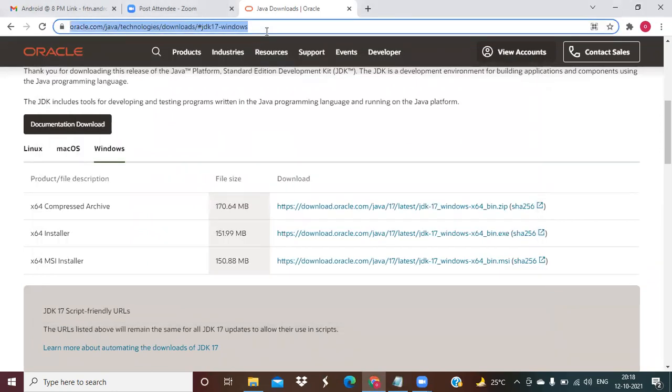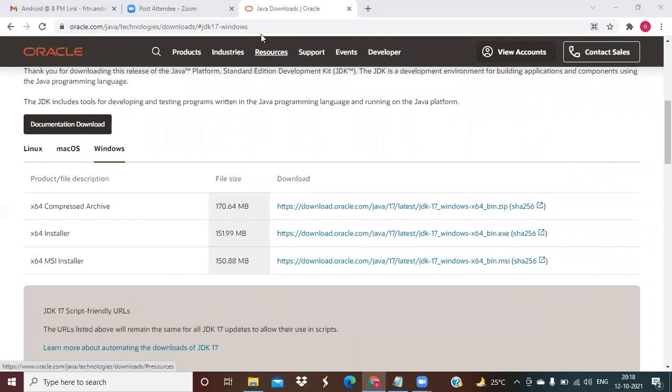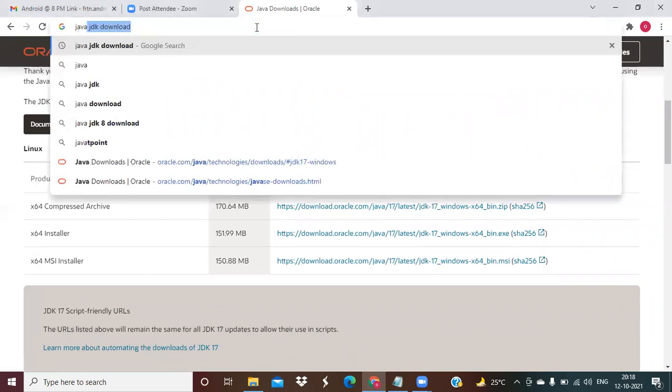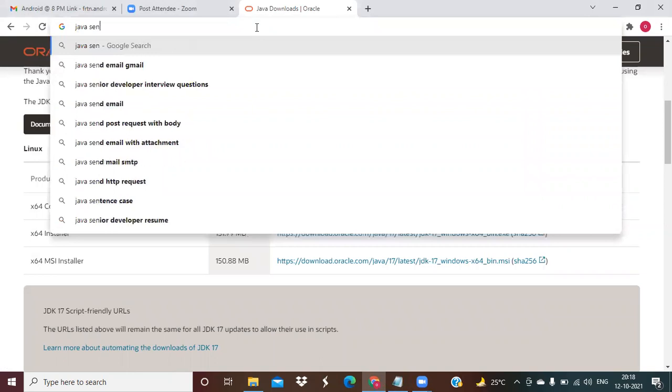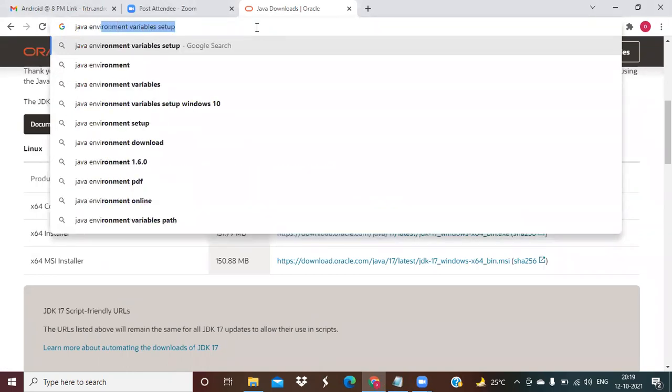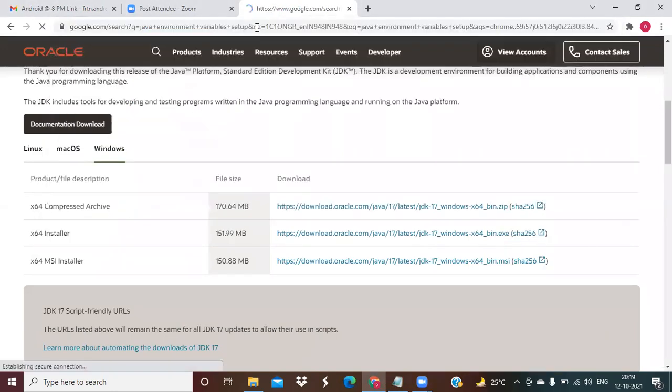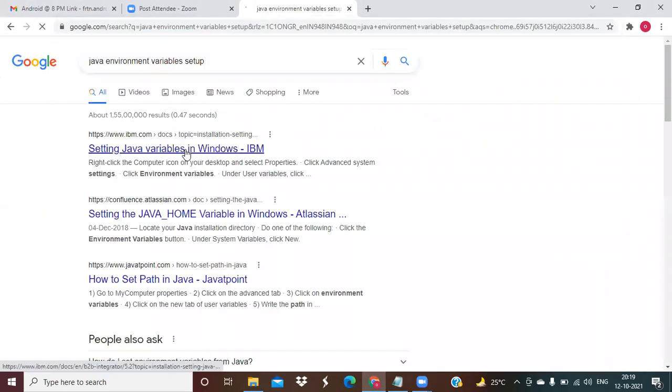I am giving this URL for your reference. If you have not yet downloaded, you can use this JDK URL to download it. So Java environment variable setup, it's so easy.